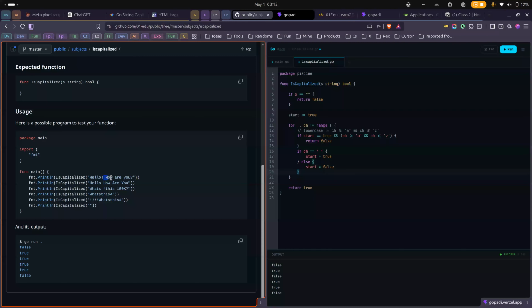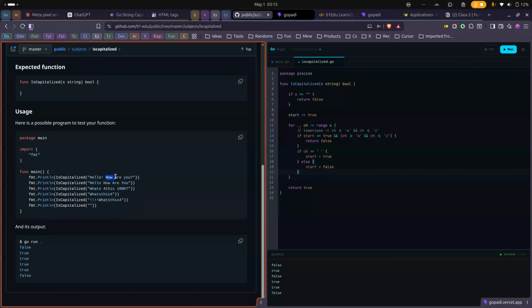Then you come to the next character, HO, and start is now false, right? So the first condition is not going to check it at all. But it's also going to check if the character is space, and in this case it's not space, it will do nothing. So start is just going to stay as false and continues like that until it encounters a